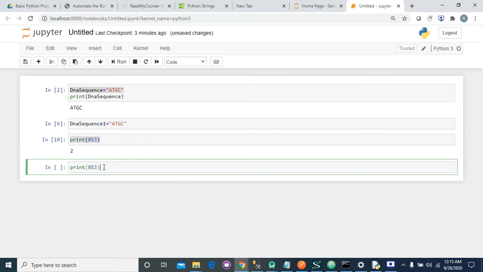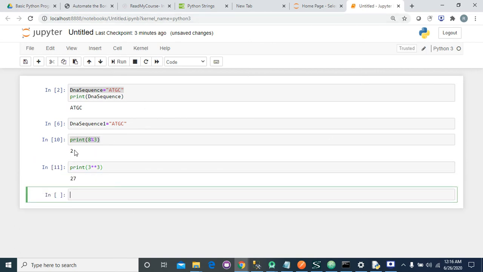If I want to calculate the cube of 3, then I will use the double star for calculating the power. Now you can see the cube of 3 is 27.